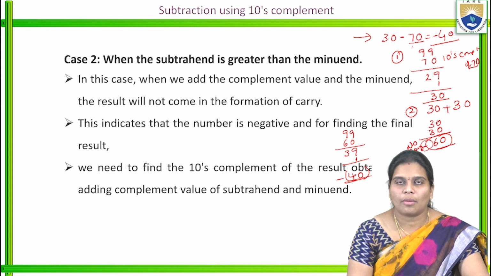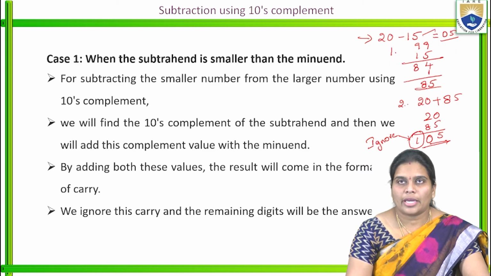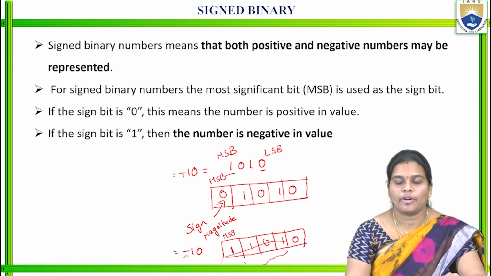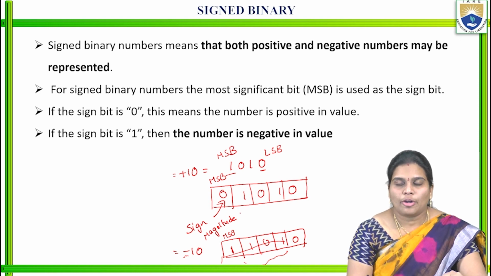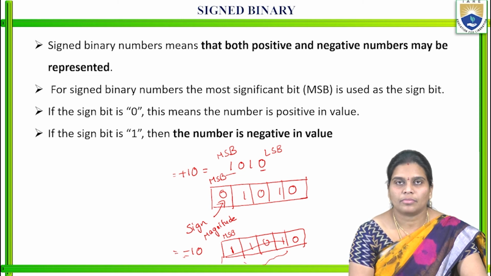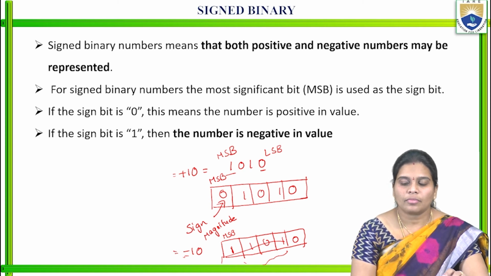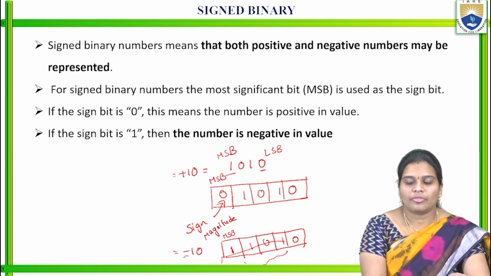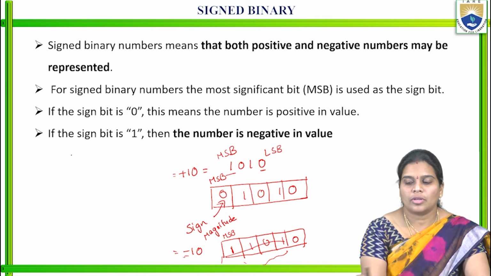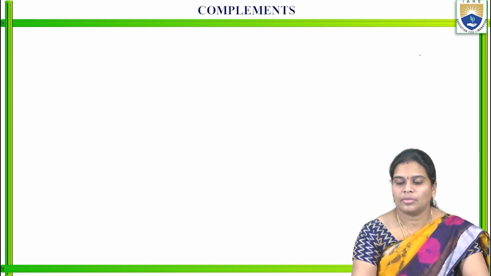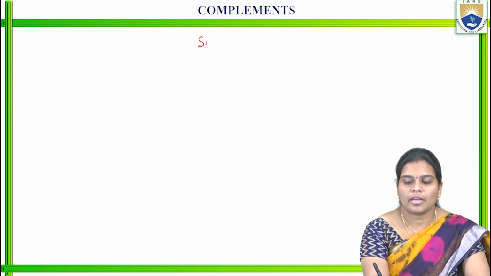So here we are talking about either the signed or unsigned binary numbers. So coming to the signed binary numbers, in the signed binary numbers also we are applying the 1's complement and 2's complement. Each and every signed binary number includes the sign value and the magnitude value. So now I want to find this one. For example, here we are writing the sign value. This is the sign magnitude.